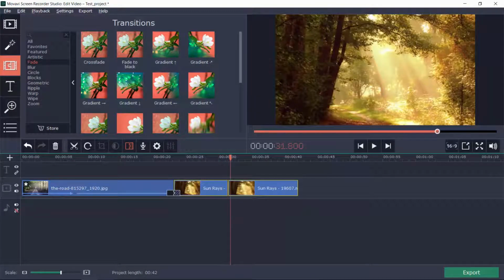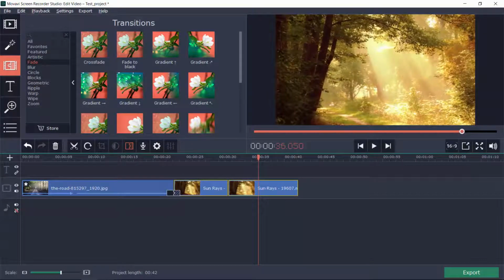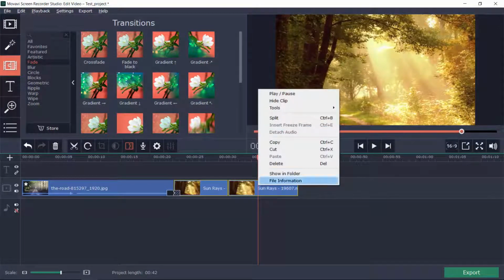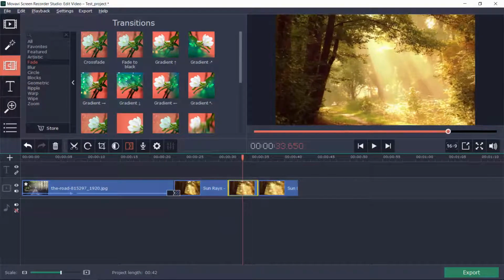Now we have only one split, but we want to cut the part in the middle. So we set the position marker into another position further, and let's right mouse click and select split again. Now we have this large clip split into 3 smaller ones, and we want to remove the one in the